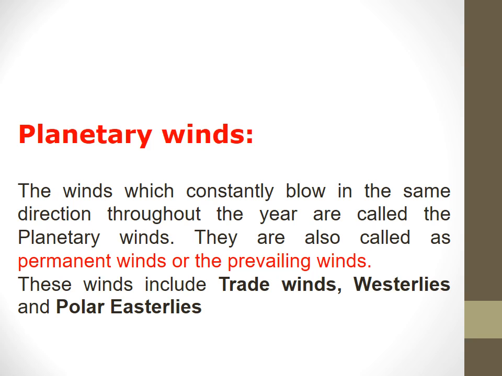This type of winds blows from the subtropical high pressure belt to the equatorial low pressure belt in both hemispheres. Our earth is divided into 2 parts, the 2 hemispheres: northern hemisphere and southern hemisphere. The equator only divides our earth into 2 parts, so it is the center part. The trade winds blow from the subtropical high pressure belt to the equatorial low pressure belt in both hemispheres. They blow with great regularity, force, and in a constant direction throughout the year.